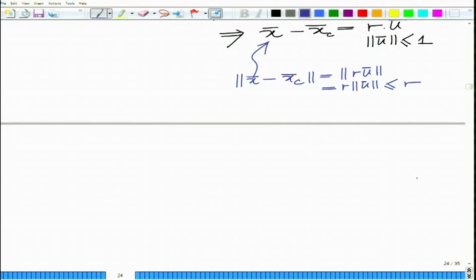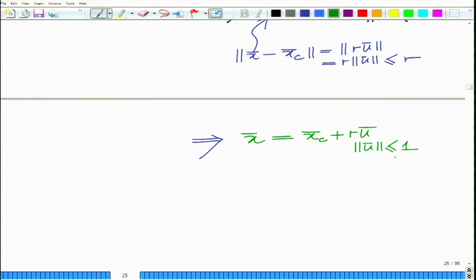So, such a point x bar will lie in the interior of the ball, which implies that if you look at x bar equals x bar c plus r times u bar, such that norm u bar is less than or equal to 1, this lies in the interior of the ball. This implies that I can represent the ball with the center x c bar, radius r